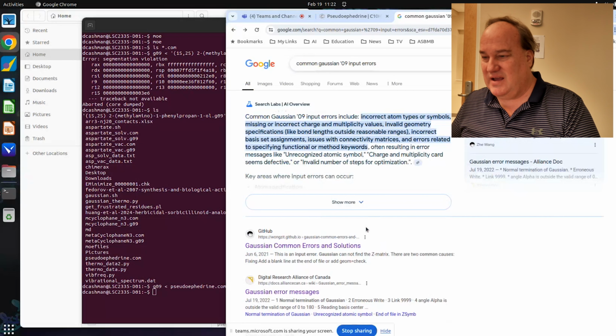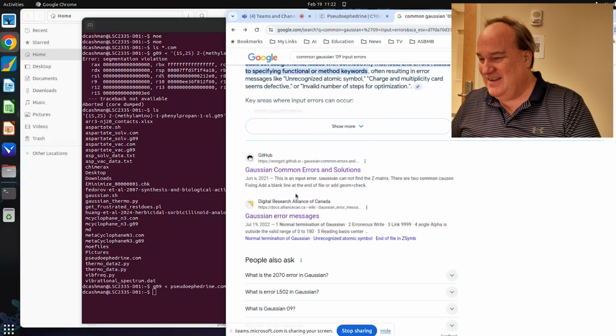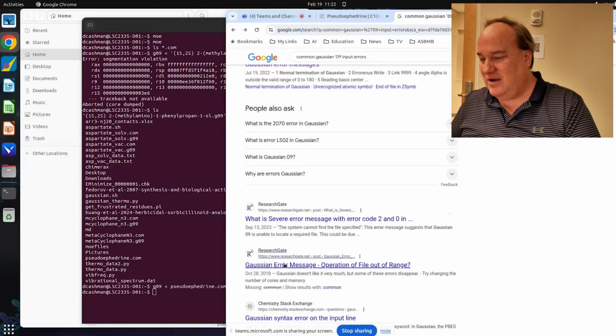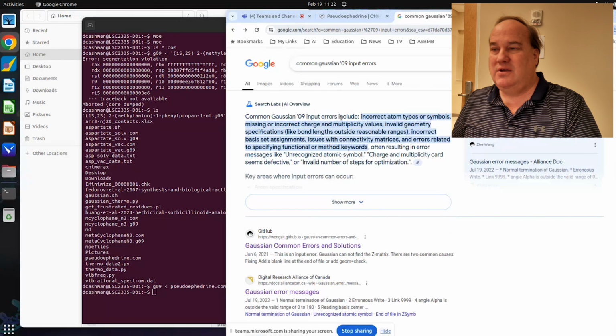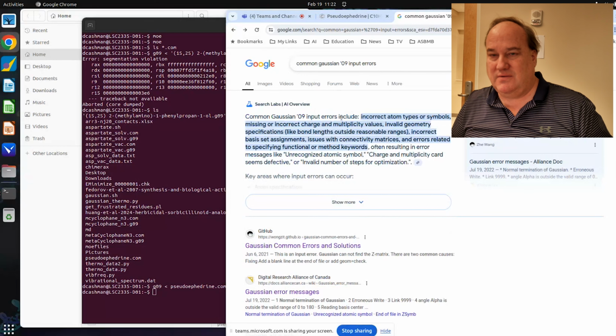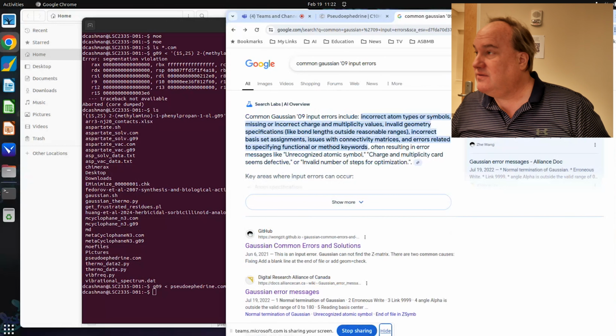So if you don't want the AI, just go ahead and cuss in your search term. But you also find a lot of help files and forum results, especially if you cut and paste the exact Gaussian input error, and that'll be very useful to search for,